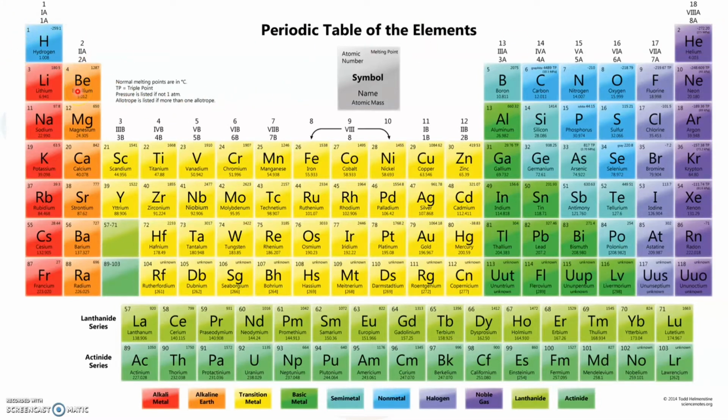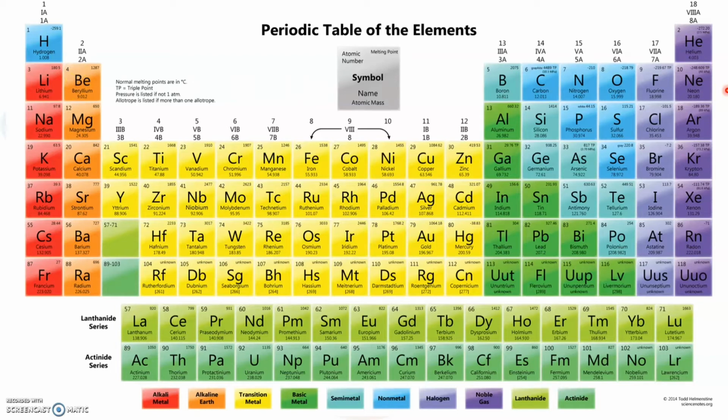In this periodic table, the elements are arranged in the increasing order of their atomic numbers, which means the element with atomic number 1 is placed first in the periodic table. Element with atomic number 2 is placed in the second position. Lithium, with atomic number 3, is placed in the third position. Beryllium with atomic number 4 is given the fourth position, and so on.